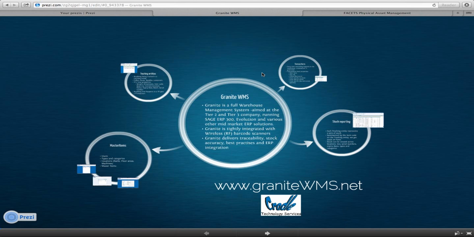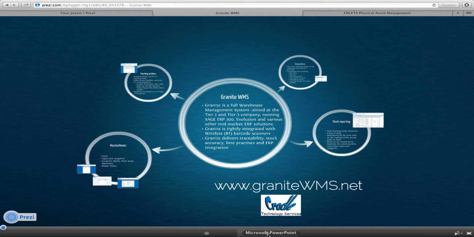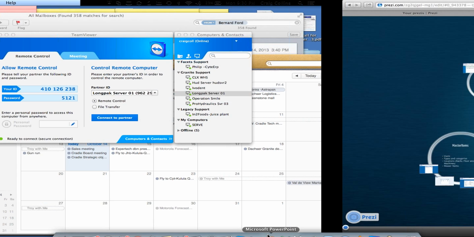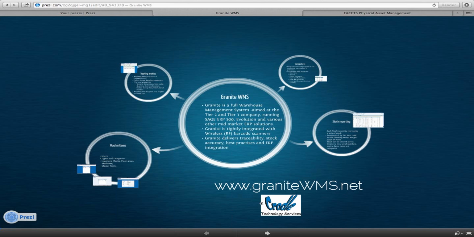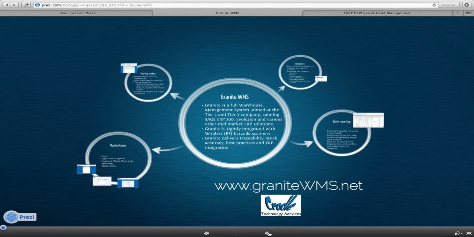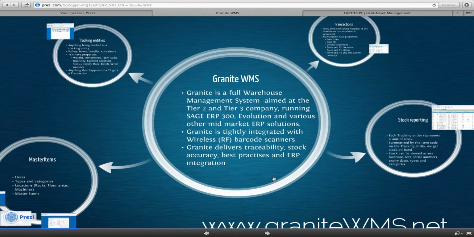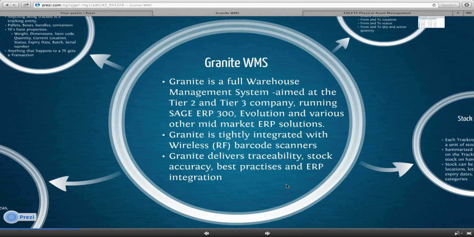The first thing to note about Granite is that it's tightly integrated with wireless barcode scanning, and it's tightly integrated to various barcode printers and barcoding technology. So the key functionality of Granite is that it delivers traceability and stock accuracy, best practices, and ERP integration. So what I'm going to do is just show you a little bit about the product, and then we'll come